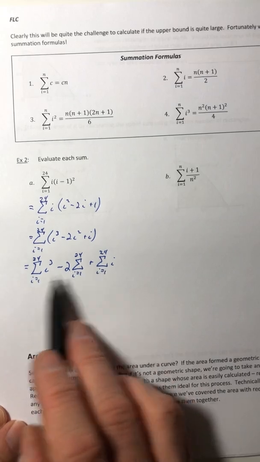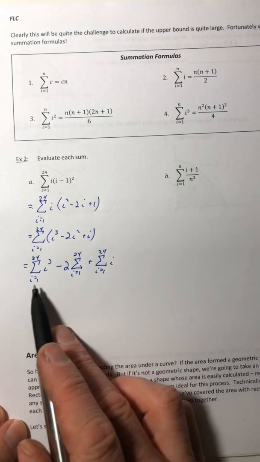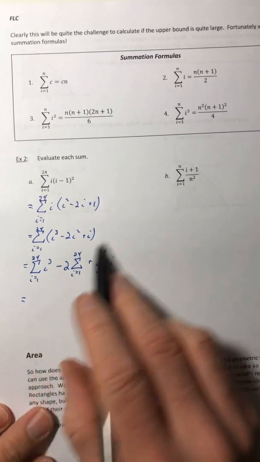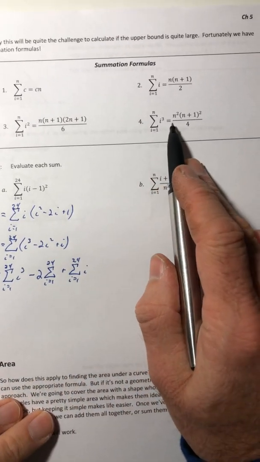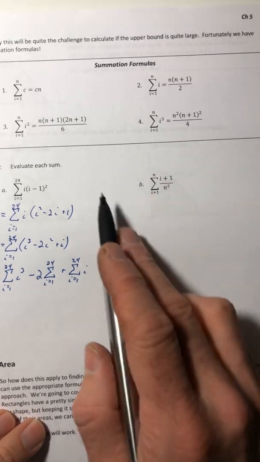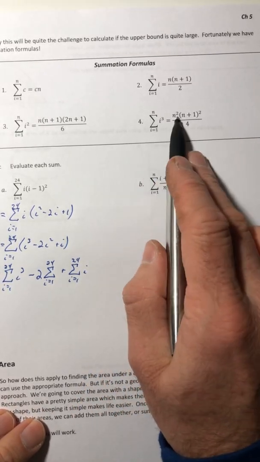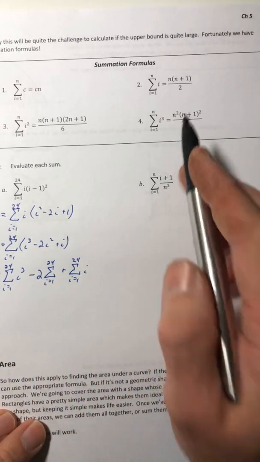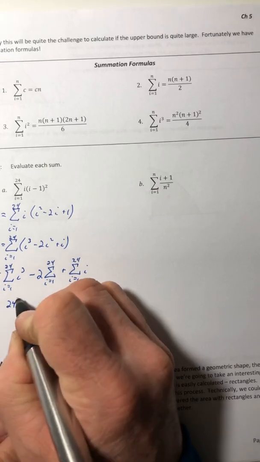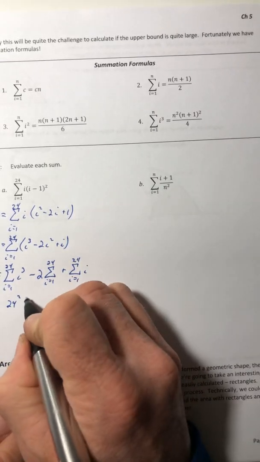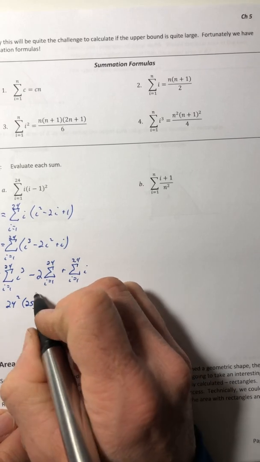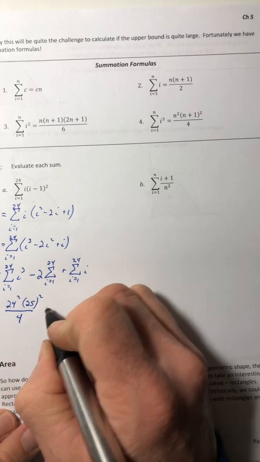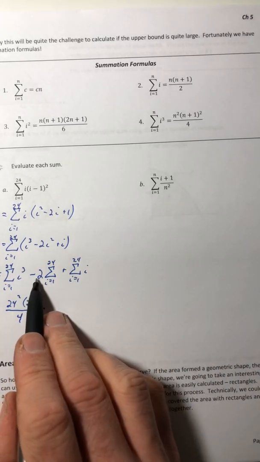You don't have to do this. You don't have to write them all out separately, but I just wanted to do it to illustrate the point. Okay, so i to the third. We're just going to jump straight to this formula here. Whatever the n is, that's what you plug in for n. So the top number, the 24, is going to go in for n. So we have 24 squared times 25 squared all over 4. And then minus 2